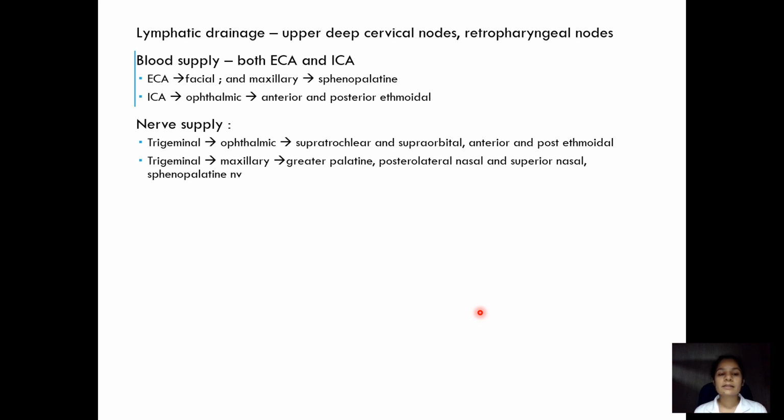Nerve supply of the paranasal sinuses is mainly trigeminal. The two divisions of trigeminal are ophthalmic and maxillary. The divisions of ophthalmic supplying are supratrochlear, supraorbital, anterior and posterior ethmoidal. The supratrochlear and supraorbital are branches of frontal branch of ophthalmic, and anterior and posterior ethmoidal are branches of nasociliary part of ophthalmic. The maxillary division of the trigeminal nerve gives branches greater palatine, posterolateral nasal, superior nasal and sphenopalatine nerves which supply the